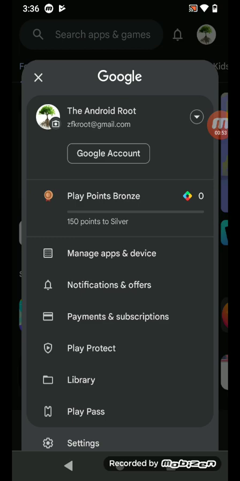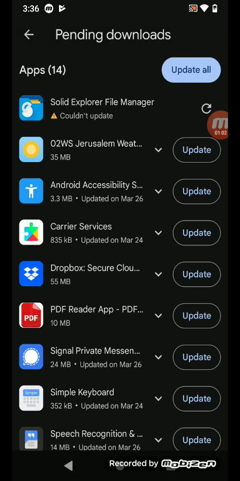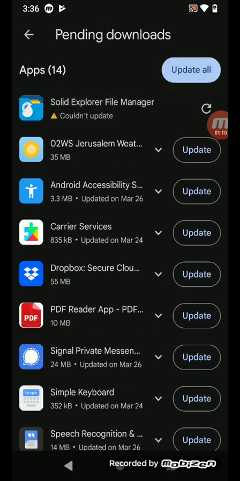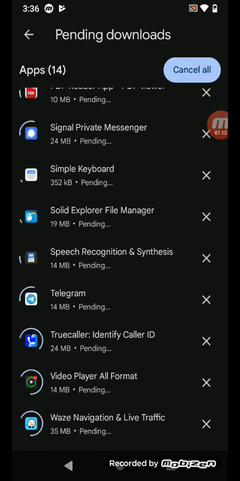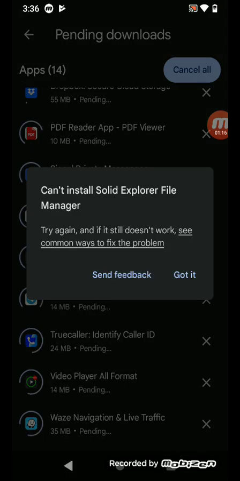When you unlock, always log in with your Gmail user ID and password and it will let you log in. Then you click on your icon, go to manage apps, and see if you have any updates available. You click on download update and it will download for you. Also, if you want to change the